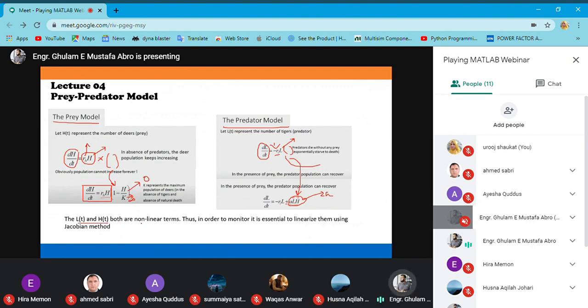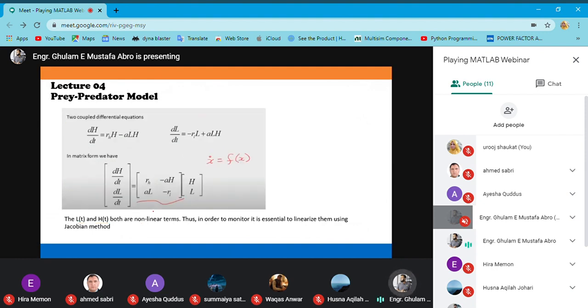So in the world of MATLAB, we have two options: either you take the non-linear system or you linearize it. As far as this basic course is concerned, I just linearized this entire model. How do I linearize? Let's look at the coupled equations together. This is the rate of change of the deer, and this is the rate of change of tigers. If I convert it into a state space form,